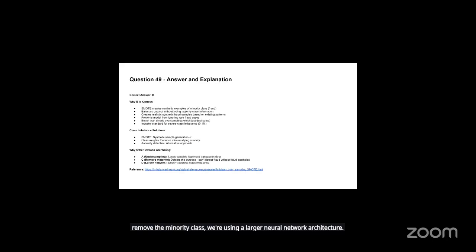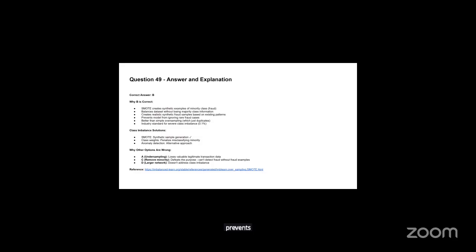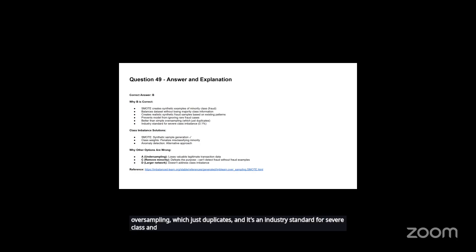So SMOTE creates synthetic examples of minority classes, balances data sets without losing majority class information, creates realistic synthetic fraud samples based on existing patterns, and prevents models from ignoring rare fraud cases. It's better than simply oversampling, which just duplicates. And it's an industry standard for severe class imbalance, like that 0.1%. And the class imbalance examples